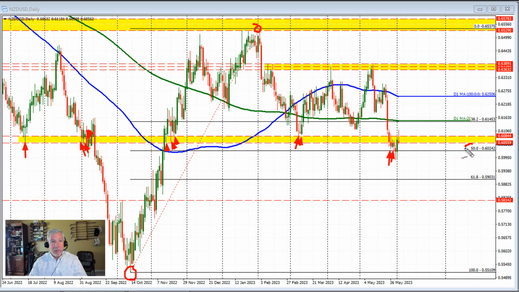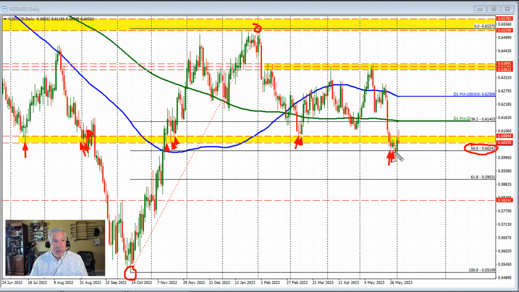The 50% retracement came in at 0.60242, and the price banged against that level a couple of different times in the recent trading before moving below it on Wednesday and extending to a new cycle low for this currency pair, the lowest level going back to November. So it looked like the sellers were trying to take control and push this pair to the downside, but lo